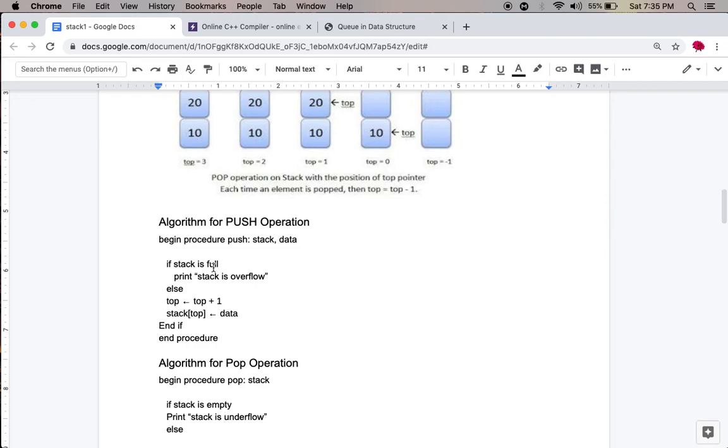If the stack is full, then it prints overflow on the screen. Otherwise, first the top is incremented by 1. After that we insert the element at the top of the stack. So this is the push operation.